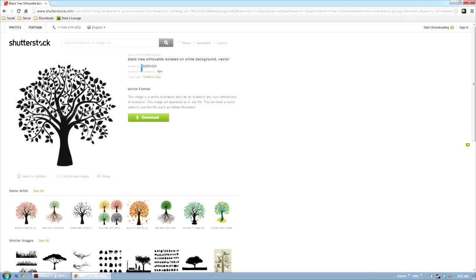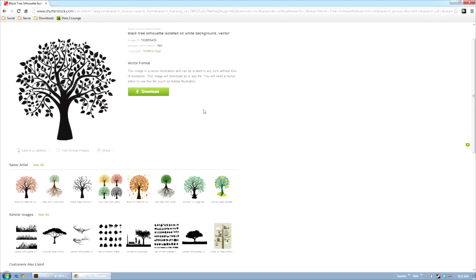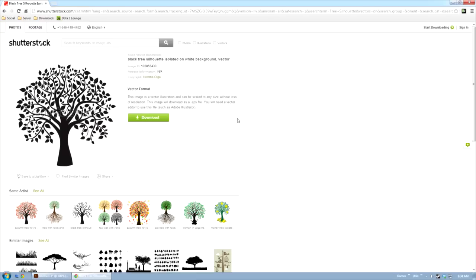So all you have to do is give us this image ID here that you get on the page once you open the actual image. The beauty about Shutterstock is I can actually search by image ID and get the exact image you want. That way there's no confusion about which tree it was. It's not tree 7 on page 4 and it looks kind of tall and skinny. If you give us the ID number, we'll get exactly what we want.